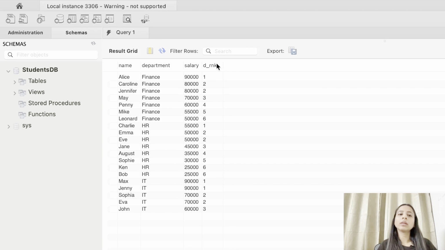So now again the ranks are divided on the basis of the partition as department and on the basis of salary from highest to lowest. But now you will see again 90,000 gets the first rank, 80,000 gets 2, and again it's the same, so both of these values will get the same rank, but the next rank should be 3 and it is 3. So it is not 4. The third highest salary gets the third rank and not the 4th rank.